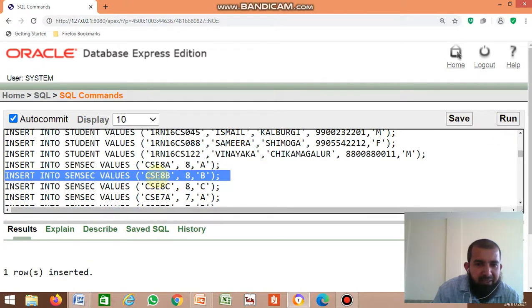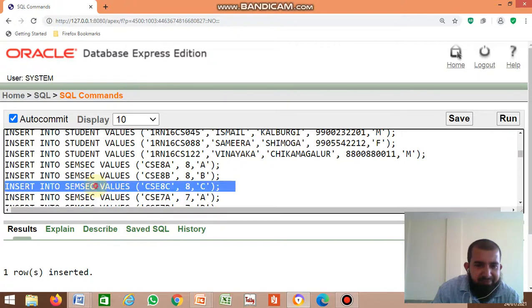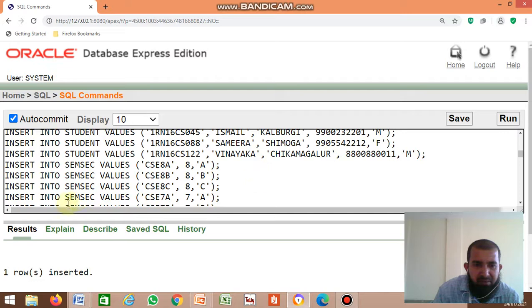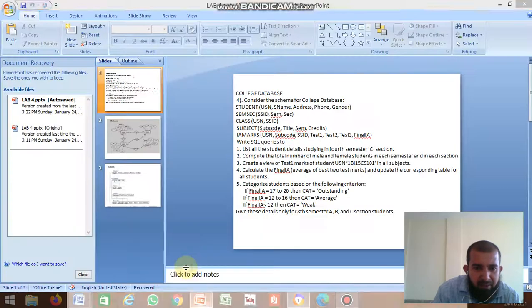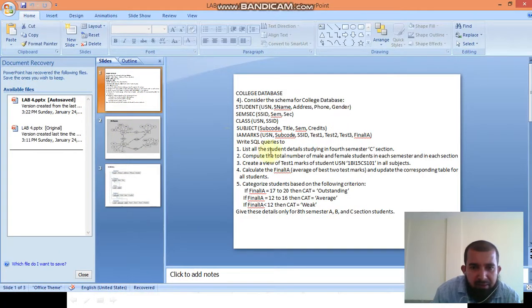Okay, the SEM-Seq table contains subject code, then the semester and section. SEM-Seq: SSID, SEM and section.